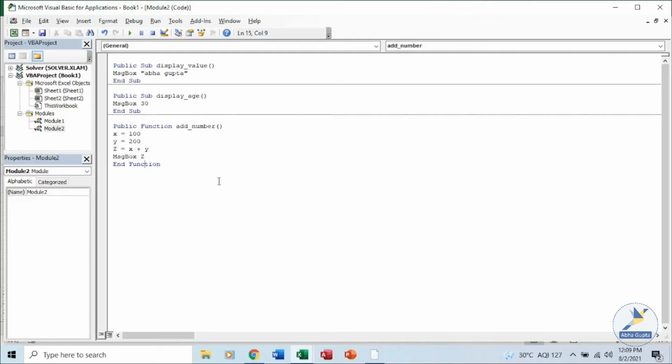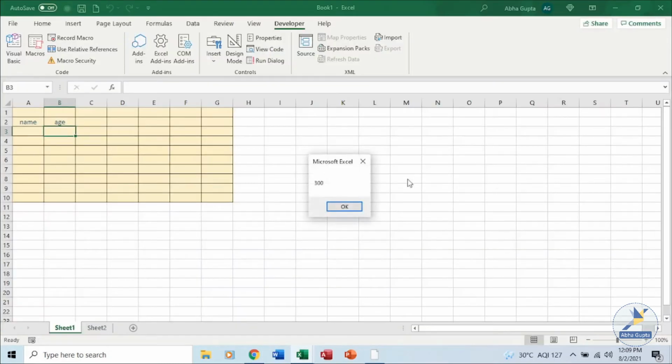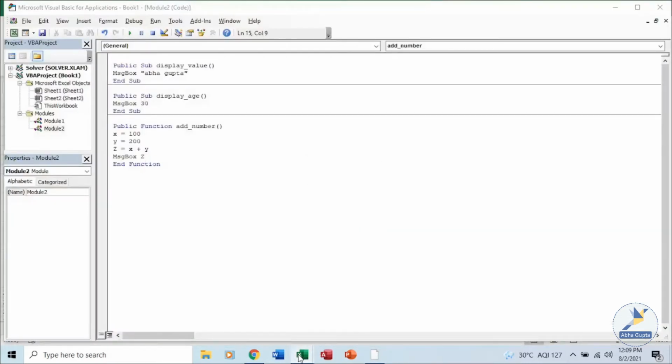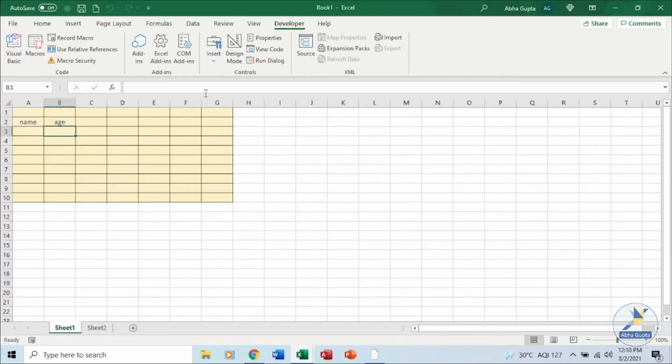Now when we create functions, let's see over here. The macro dialog box is not appearing. It is not available as a macro. It's a function. We can run this function from the Excel sheet itself, like we run the other functions.